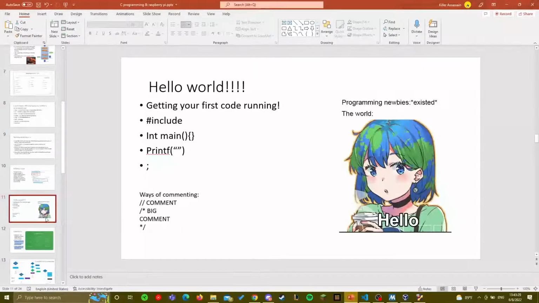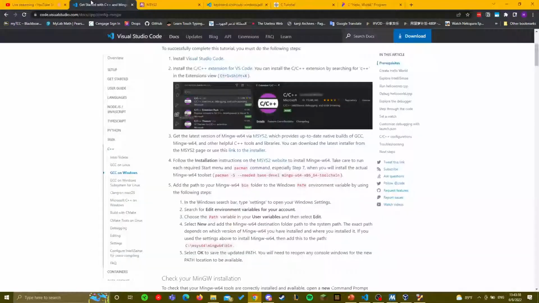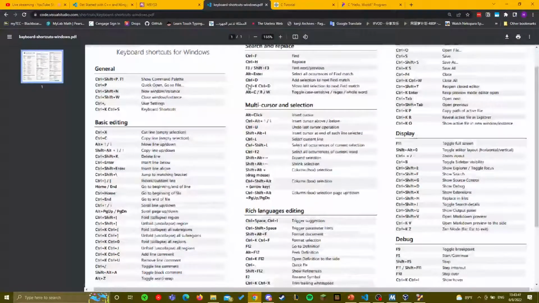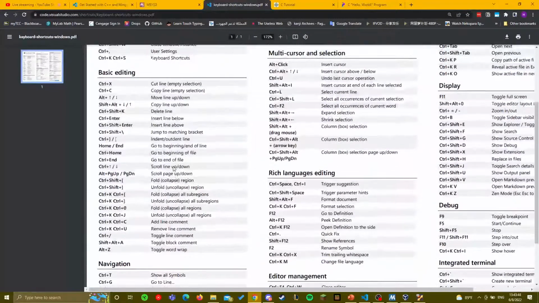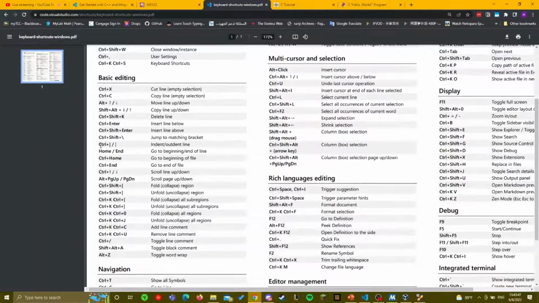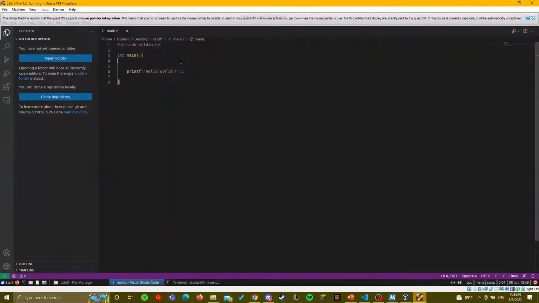On to further ahead. Oh, commenting. This is also one of those things where, hey, you can learn. I think one thing that you should take from here is that there is a shortcut for comments. It should be right: add line comment or toggle line comment, toggle block comment, control /. So if you go here, say this is a simple program, right? And then you press control /, it'll automatically turn it into whatever you're trying to do.